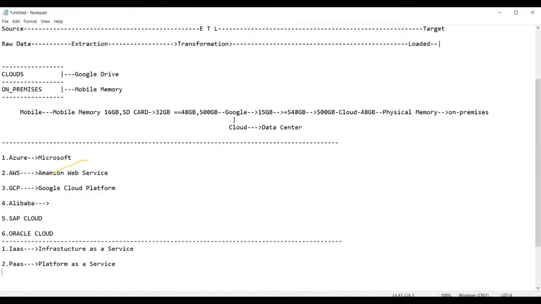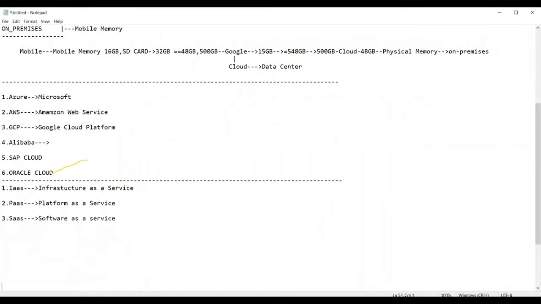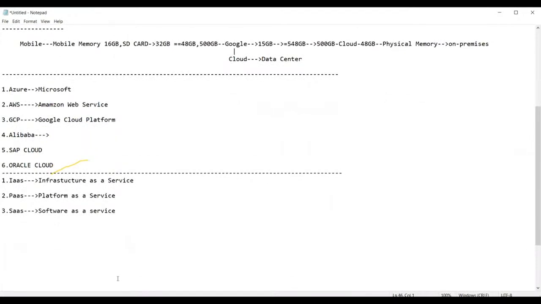Then the third one is SaaS, which stands for Software as a service. These are the three different categories of services provided by the cloud providers. Getting my point? So the entire cloud service is classified according to these categories: IaaS, PaaS, and SaaS.